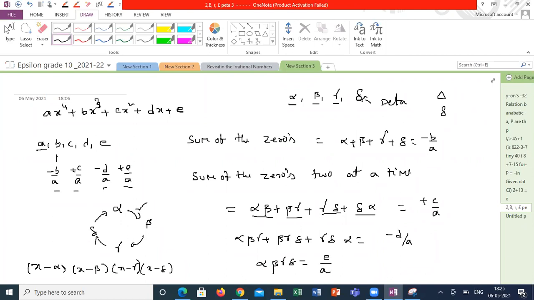This is how we can give the relation between zeros of the polynomial and the coefficients of the polynomial. But maximum, even cubic equation is also not in our syllabus. But sometimes for practice purpose, they are giving the questions. If you learn up to cubic level, it will be easy for us to solve any kind of numericals. Guys, is there any confusion I created? There is a pattern. We have to follow the pattern, then it will be easy to remember the sum of the zeros and product of the zeros or any other relations. Clear what I'm saying?